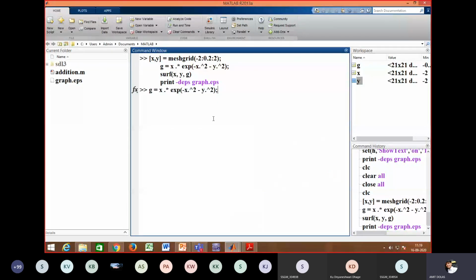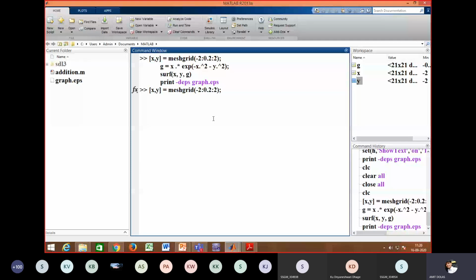We have the first instruction, that is the meshgrid instruction, x comma y is equal to meshgrid, and a single data is given, that is minus 2 to 2 with the increment of 0.2. In the initial command we had seen x separate and y separate.